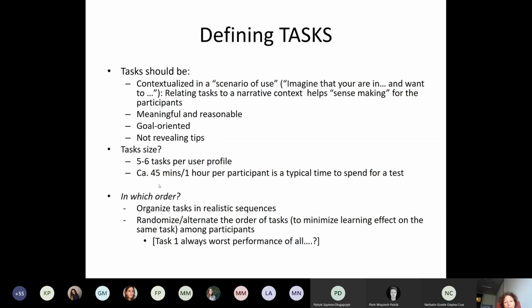Another important aspect: when you have defined the tasks, you have to order them, to decide what is the first task and what is the last one. In some cases, it's suggested to alternate the order of tasks, with equivalent tasks, so tasks that are meaningful at the beginning as well as at the end, randomize the order so you can better understand if the performance of the task is not affected by the fact that the user in the last task is typically more tired than in the first one. But that is a sort of sophisticated advanced feature that you might